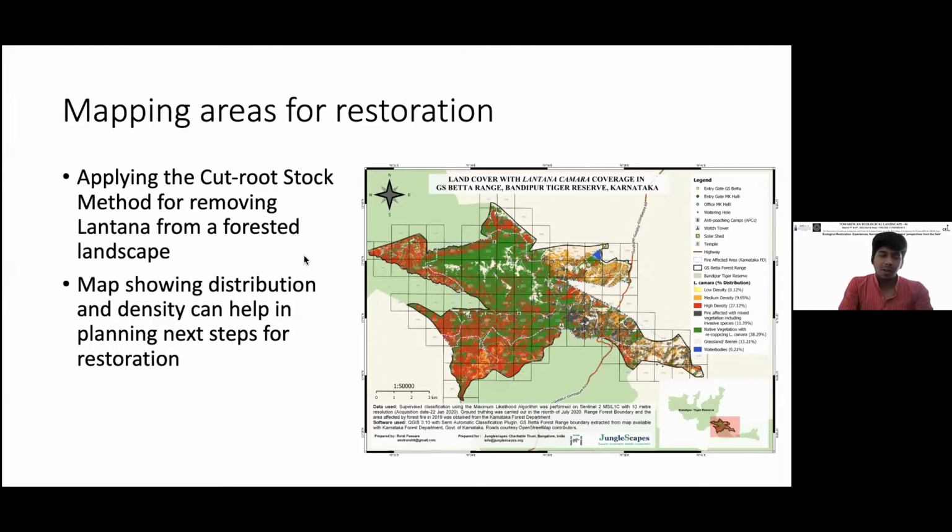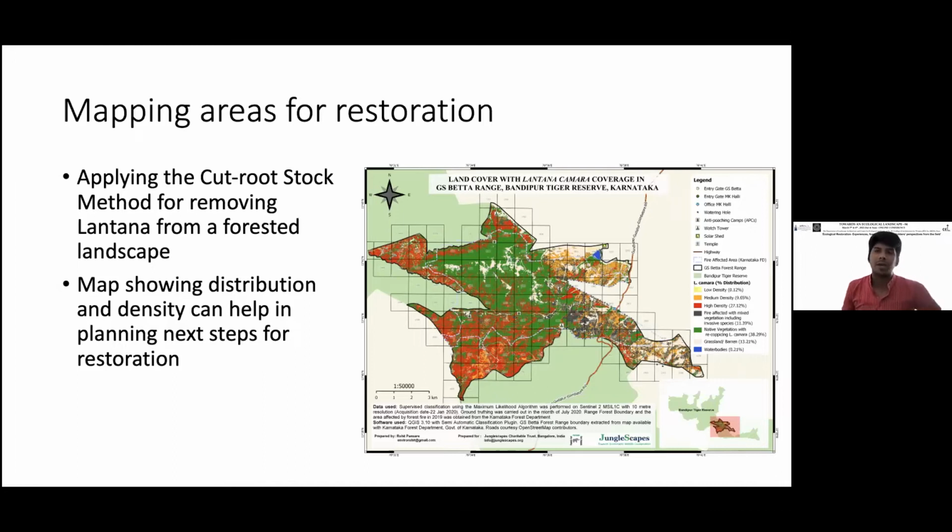findings. What was more interesting was the interactions with the whole team of Junglescapes as to how you identify Lantana camara from space. Since we were in lockdown at that time, I personally could not visit those locations, but the Junglescapes team was on site, and they were able to collect information on the ground, and they then told me what locations had denser patches of Lantana and where there was less density of Lantana.